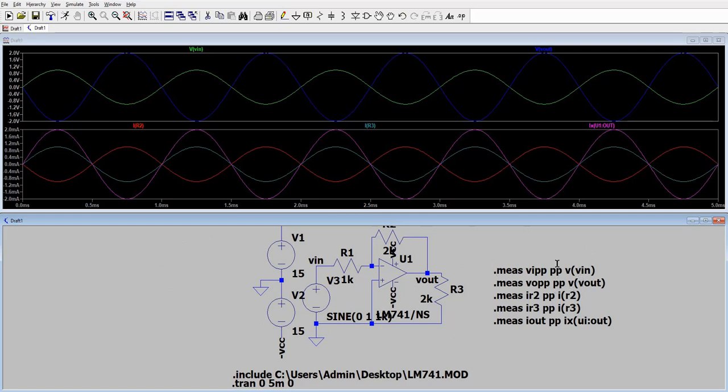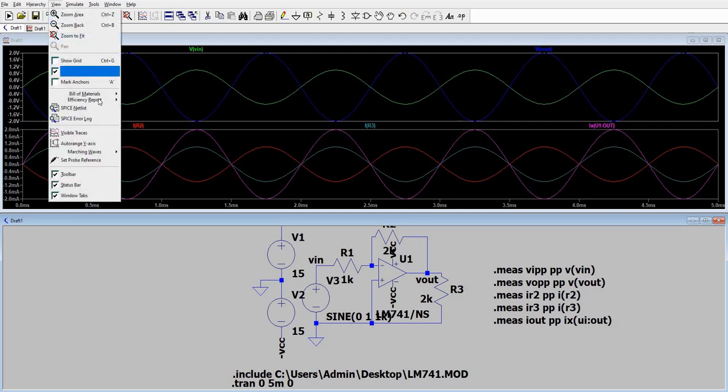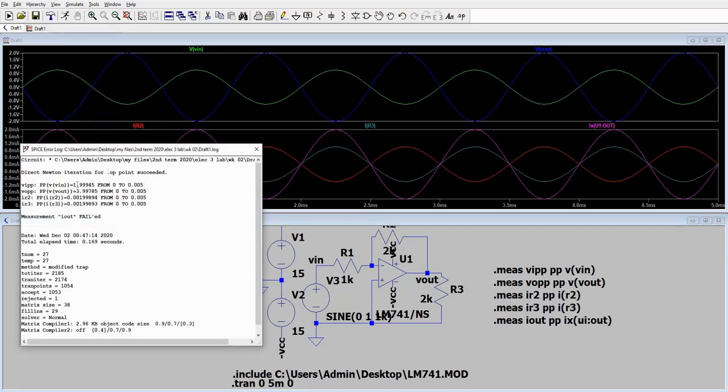How are you going to get the actual values? Again, just run your simulation, then on your View menu, click SPICE Error Log. You will notice that VI peak to peak and VO peak to peak worked, but I out failed. Why is it that I out failed?